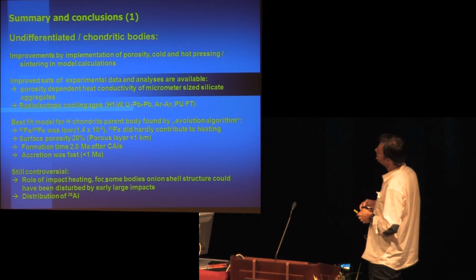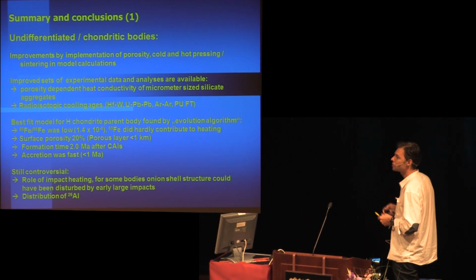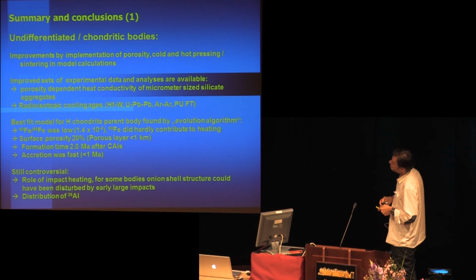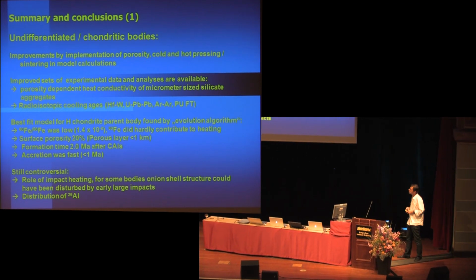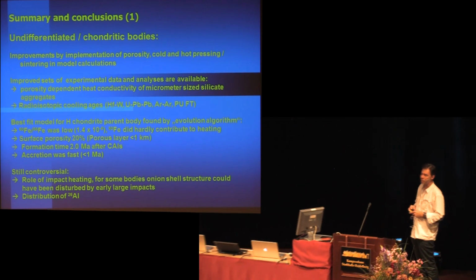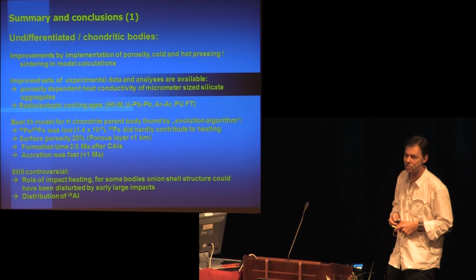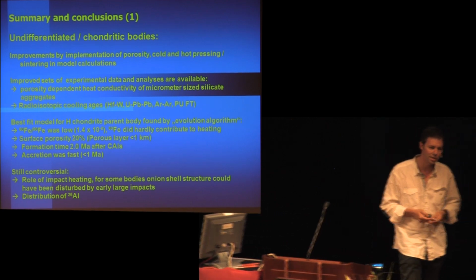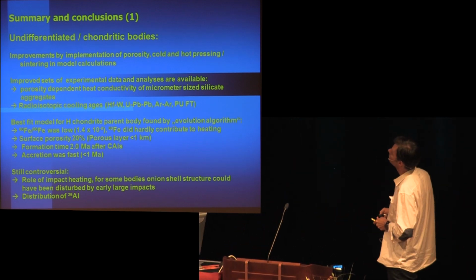But the question here is if parent bodies like these were disrupted in the initial stage, in the first maybe some tens of million years of the thermal evolution, or not. There's also one question mark about the distribution of aluminum-26. This was mainly the work by Martin Pizarro's group. We assumed almost homogeneous distribution of aluminum-26. If aluminum-26 was distributed heterogeneously in the early solar system, this will change some of the timescales I've shown here. For example, for some matter, it's not necessary to wait a longer time to have undifferentiated bodies.